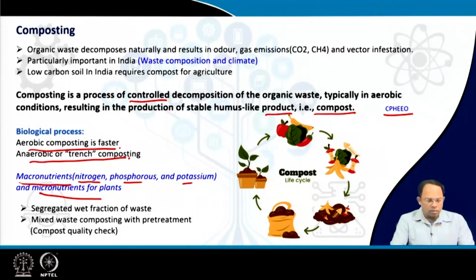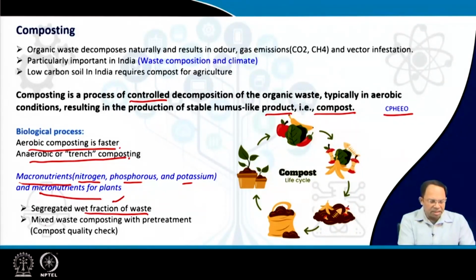Now, composting happens on the wet weight fraction of the municipal solid waste. We have learnt earlier that municipal solid waste has a dry fraction and a wet fraction, and of course there is the hazardous waste fraction as well. Usually the dry fraction sometimes includes the hazardous waste fraction, which eventually has to be separated or sorted, whereas the wet fraction is already segregated at the household level in most cases. In certain cities there is still mixed waste, but in most cases we are now segregating our waste. In that case, the segregated wet fraction of the waste goes for composting.